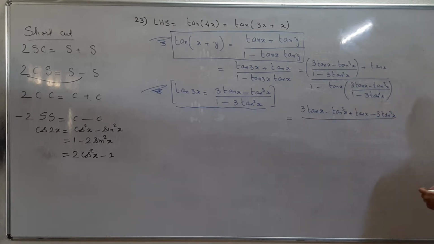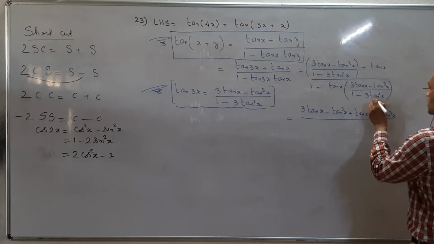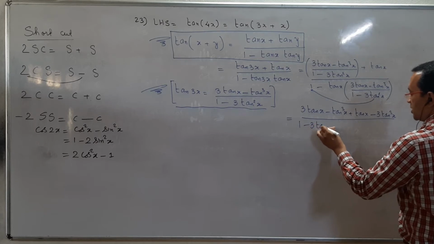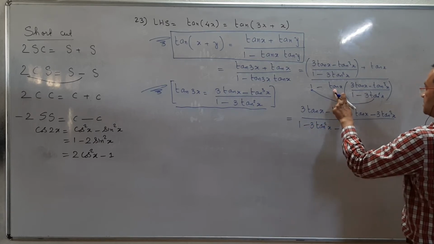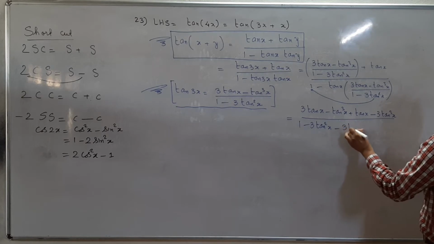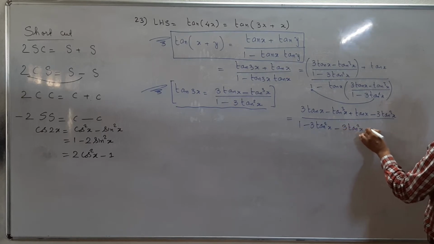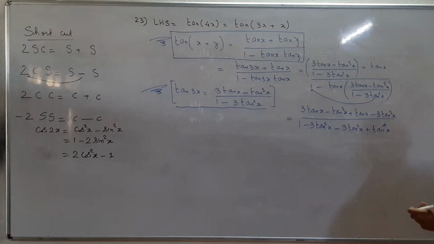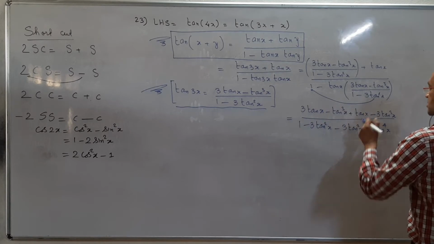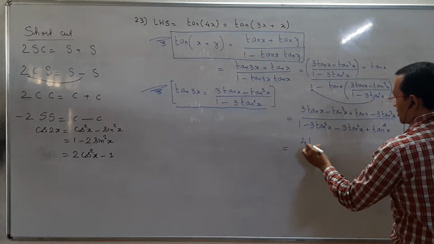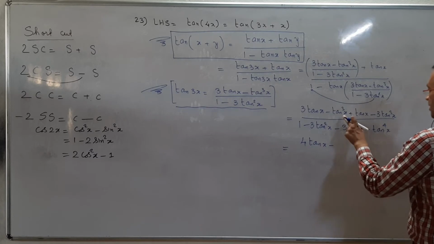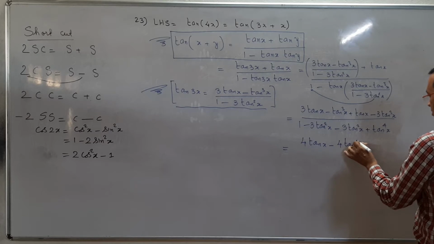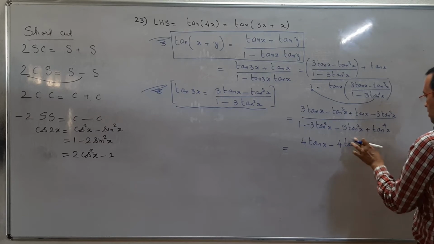LCM gets cancelled from numerator and denominator. So 1 minus 3 tan square x minus tan x into 3 tan x, so 3 tan square x plus tan x raised to 4. 3 tan x plus tan x gives us 4 tan x. Minus tan cube x minus 3 tan cube x is minus 4 tan cube x